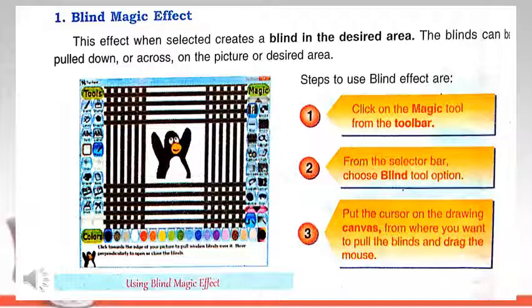Step 1, click on the magic tool from the toolbar. Step 2, from the selector bar choose the blind tool option. Third, put the cursor on the drawing canvas from where you want to pull the blinds and drag the mouse. I will show the image of using the blind effect.